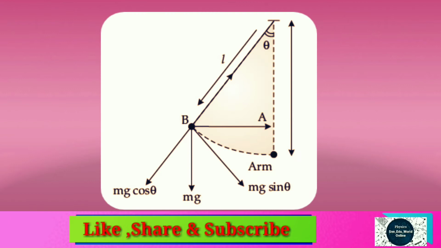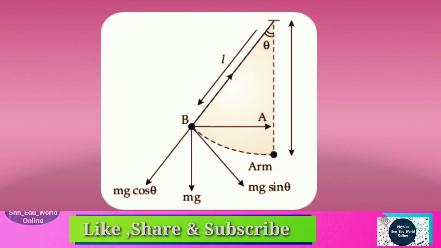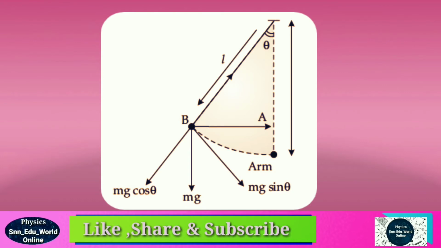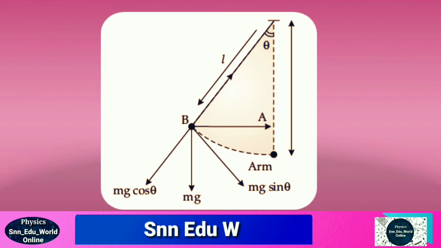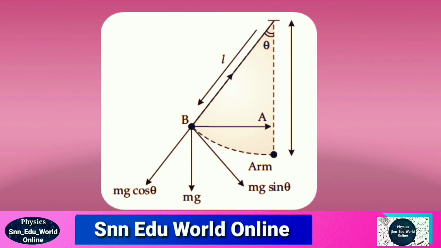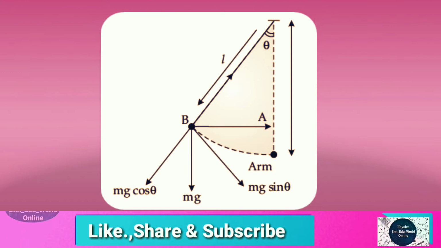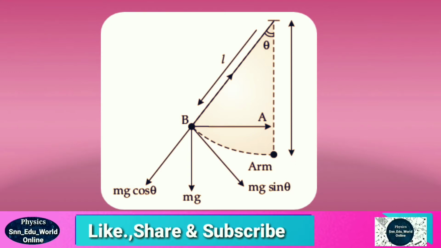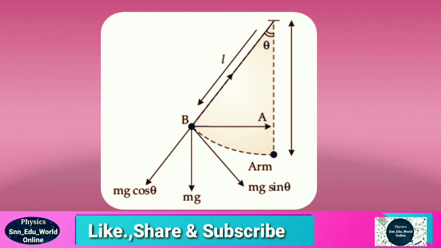Now suppose in this diagram, we have shown the mean position of a pendulum with a dotted vertical line, and it is displaced to the extreme position B. The weight of the pendulum bob, mg, is acting in the downward direction. The length of the string is shown here as L, and the distance of the extreme position from the center, that means the amplitude, is given as A.